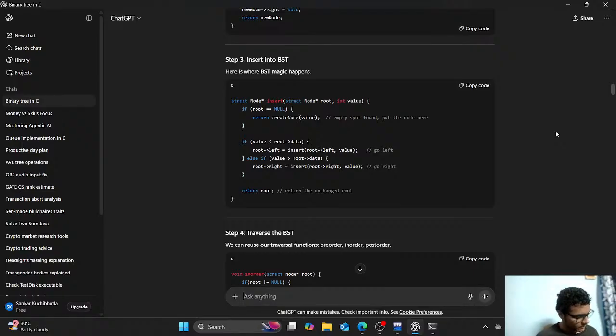If root is equals to null, you are supposed to return a create node with value. We are going to create node with that value. Okay, if value is less than root of data,